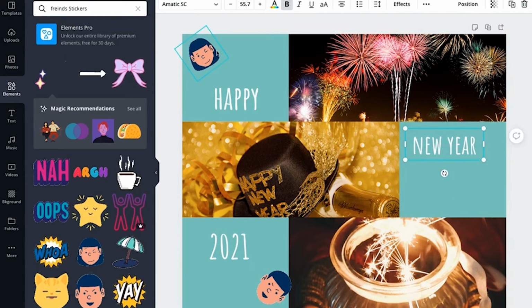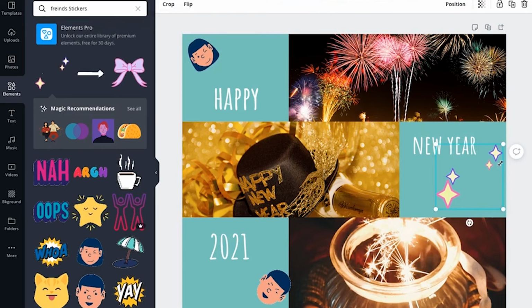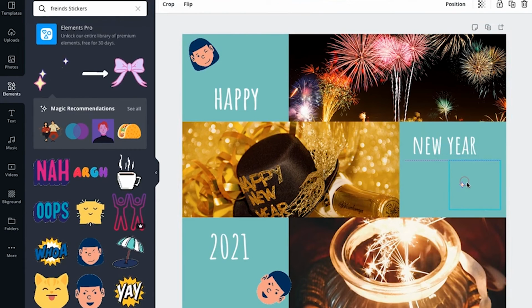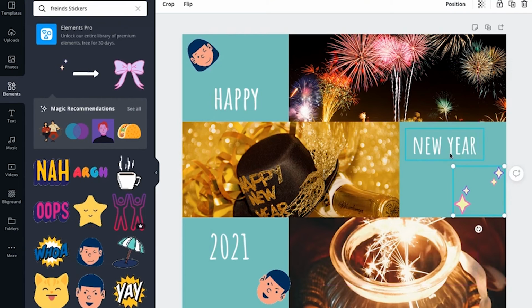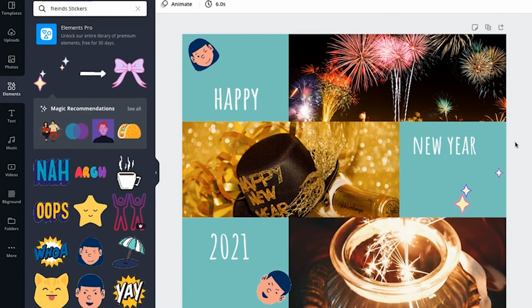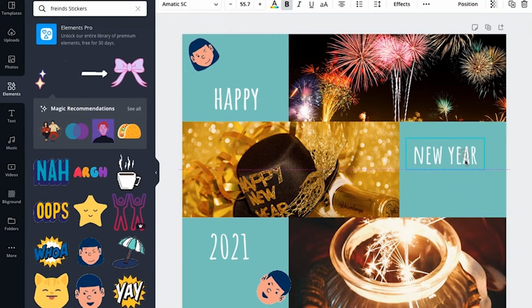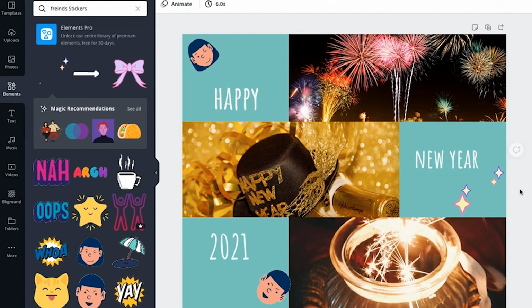I have a girl here, I have a boy here, but I don't have anything here. So let me just add sparkles to my New Year text, put it up in a block like this. Okay, size this a bit here, probably. Yes. So this is how it looks now.